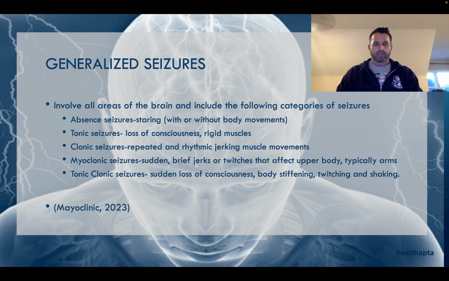And usually following all this, because your brain is firing so rapidly, and it's the entire brain itself, these patients have what's called a postictal state. The postictal state is when they're confused and don't know what's going on, and usually when they come out of it, they're very on edge because they don't know what just happened. They were unaware because they were unconscious, and so now they're looking up at an environment that they're unaware of.